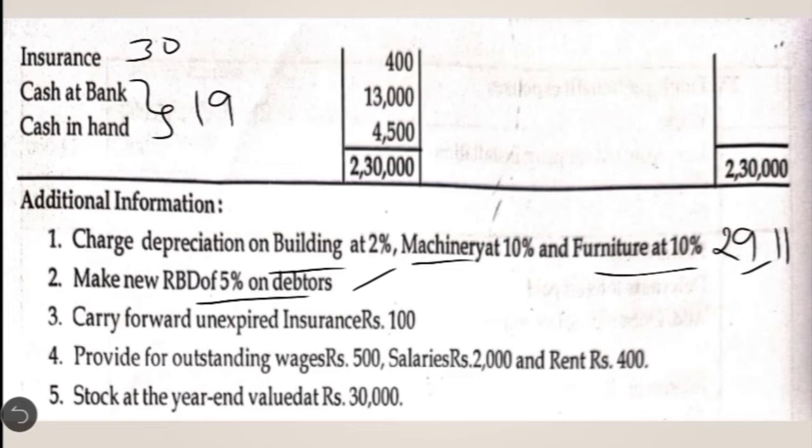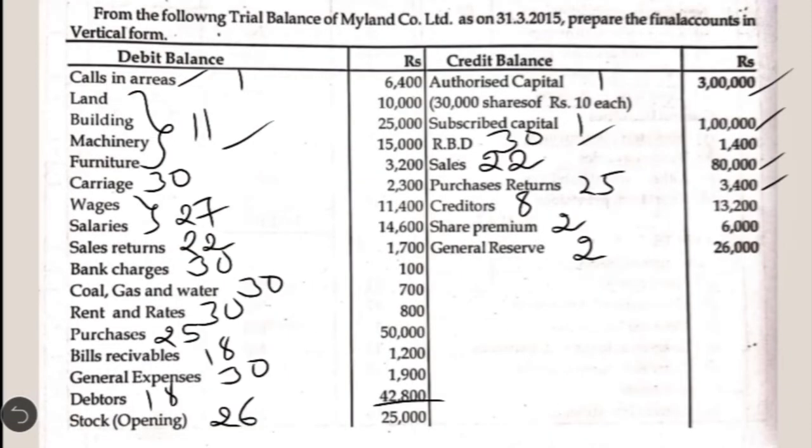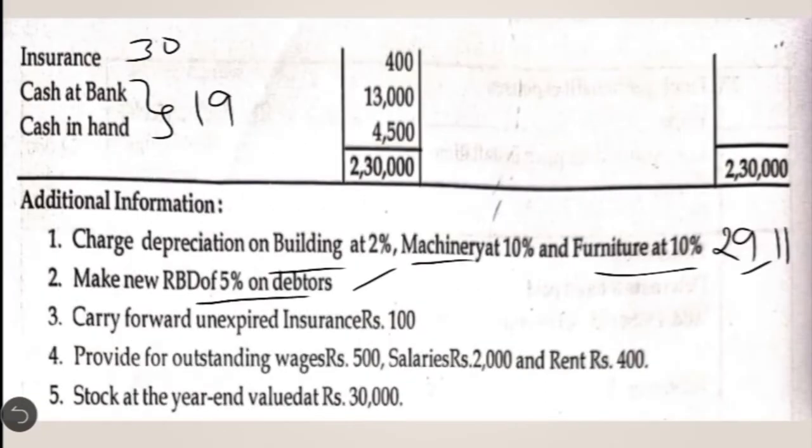Okay, from that we are going to deduct the old RBD in order to find whether we have to create the additional RBD or there is need for cancelling the excess RBD. Okay, that we will calculate later on. But where are we going to show that? In note number 18, that should be deducted if we are going to create additional reserve. The new reserve should be deducted from the debtors' amount. Then also we are going to show in another note, that is note number 30, the adjustment amount we have to show in note number 30, that is other expenses.